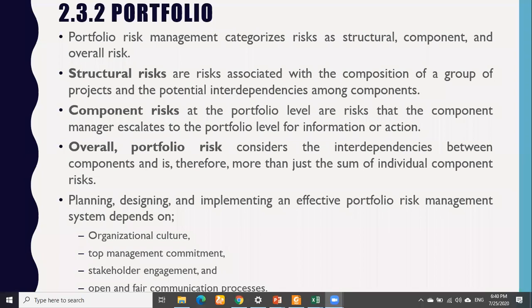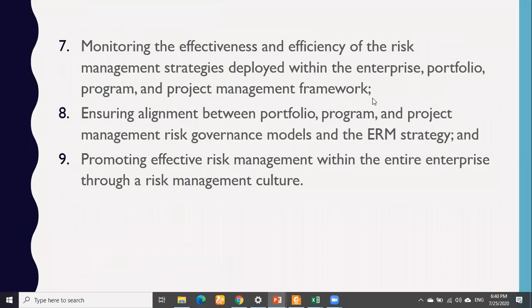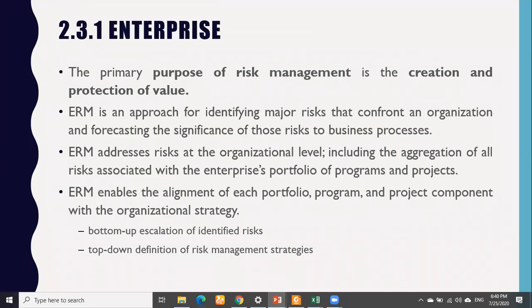Bismillahirrahmanirrahim. Last time, if you remember, we covered up to enterprise risk management, and we tried to understand what the domain of risk management is at the enterprise level. When we talk about the enterprise level, we mean that risk management strategies and plans are made at the top level of the organization, and it covers all organizational spans. It means it covers the portfolio, the program, and also the project.